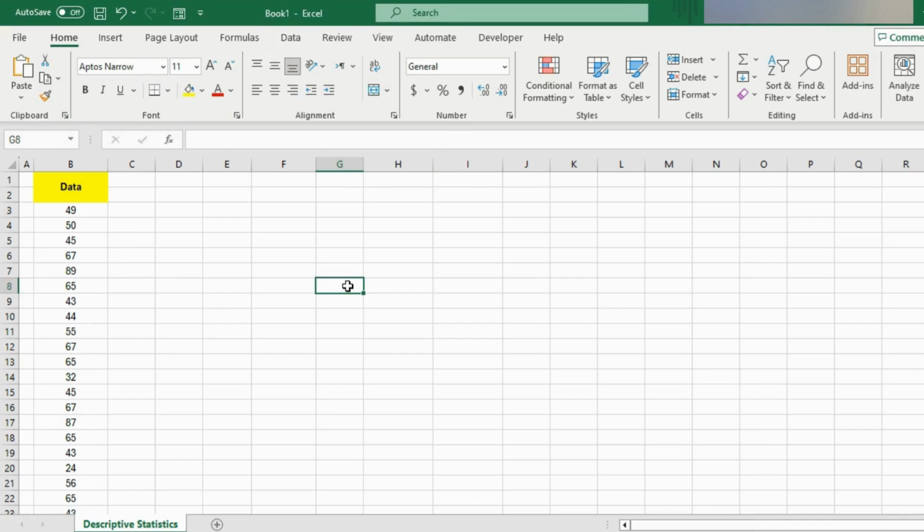In this video, I'll show you how to use the Data Analysis ToolPak to return some descriptive statistics about your data in Microsoft Excel. This includes the mean, the median, maximum, minimum, average, standard error, and so much more. I will not only show you how to enable the descriptive statistics, but I'll also make you understand each one